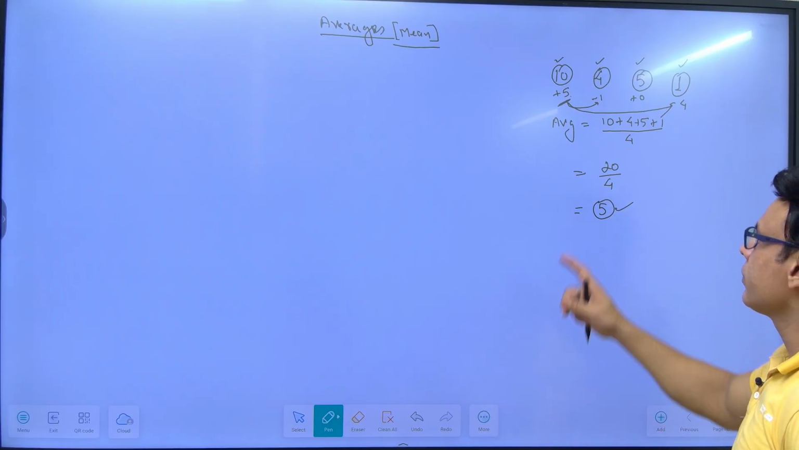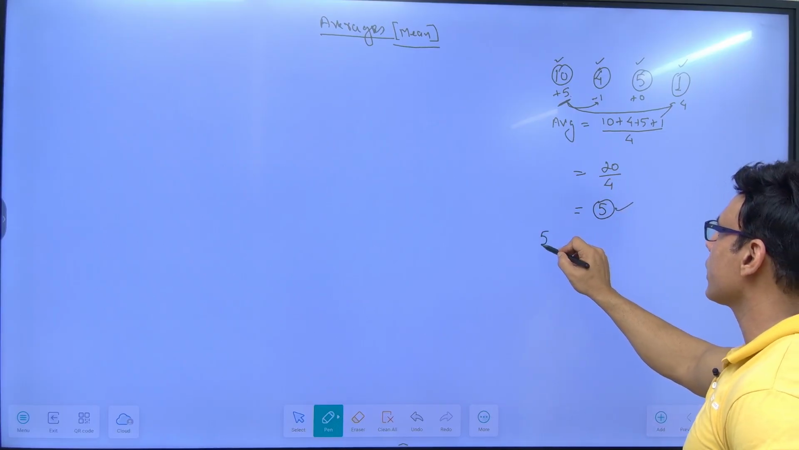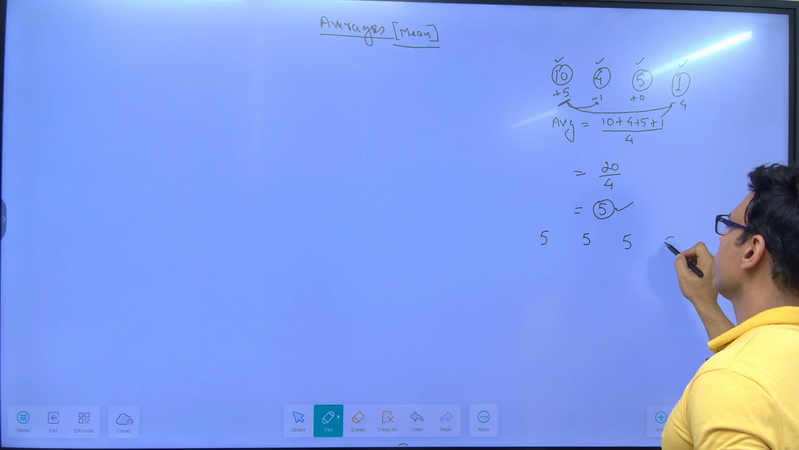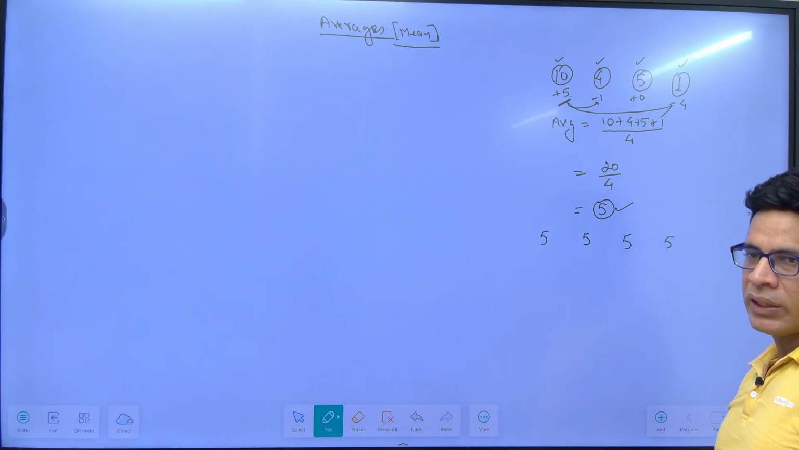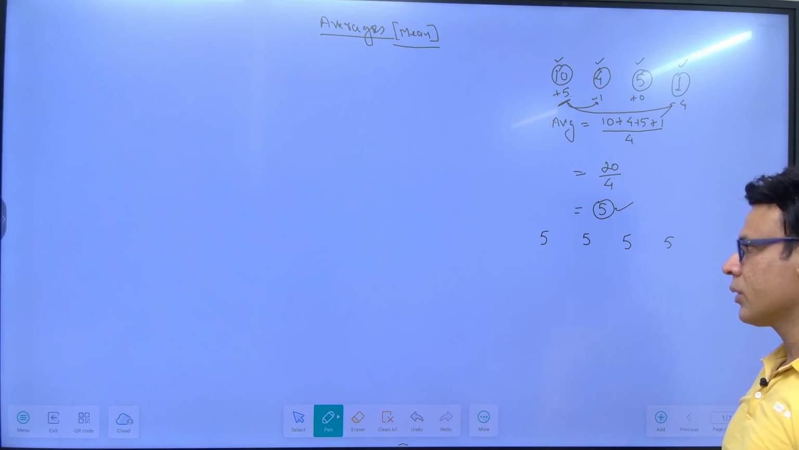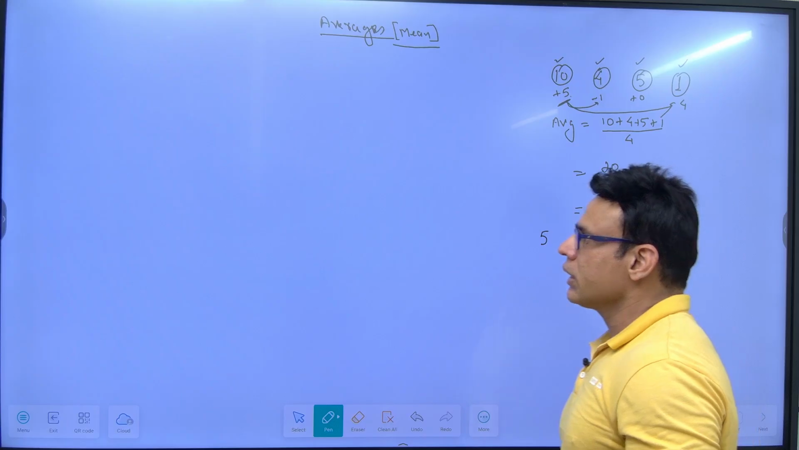While doing this, the first brother will get only 5 chocolates. Second will also get now 5. Third will also already have 5. And fourth will also get 5. So we divided the terms equally, right? That's called average. So first thing in average is